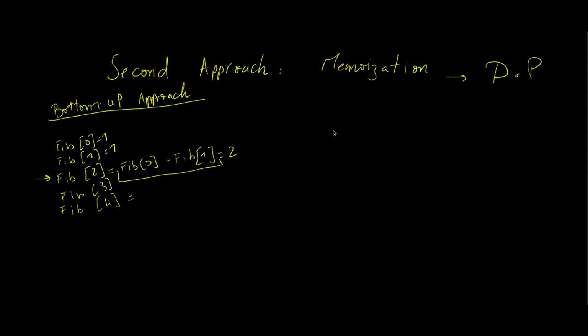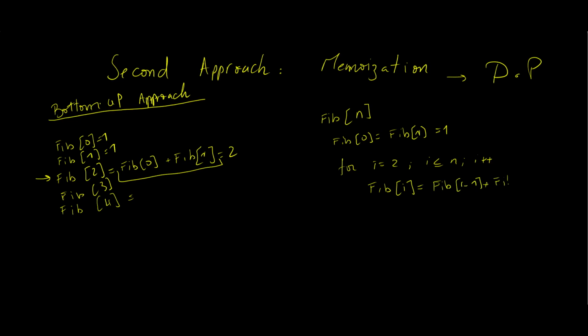So in code we can either define an array, so we will call it fib of n, it will have size n, and as we did here we will set fib of 0 to be equal to fib of 1, and this will be equal to 1. Then we will have a for loop for i equals 2 all the way up to i less than or equal to n, i plus plus. Then we will just set fib of i to be equal to fib of i minus 1 plus fib of i minus 2. And at the end we will just return